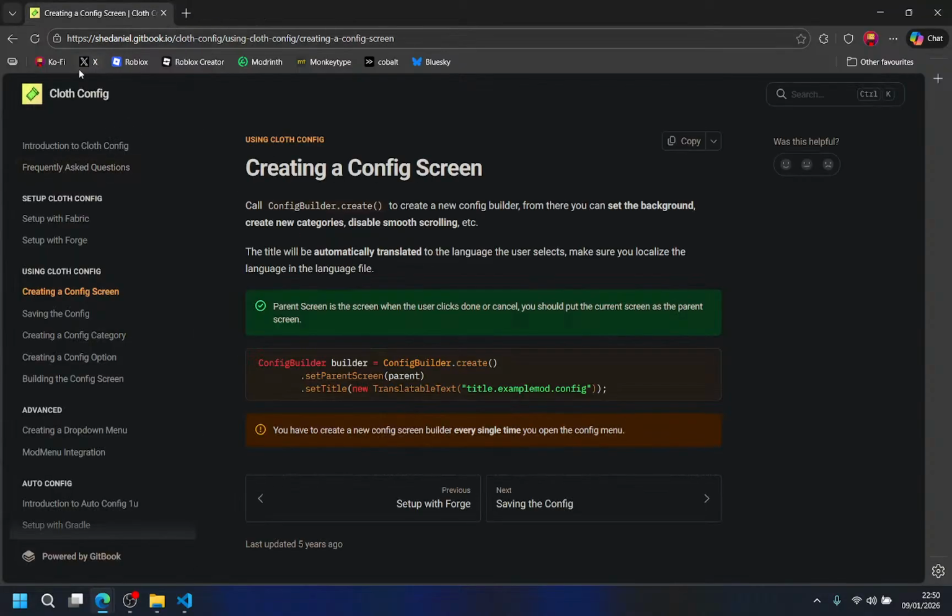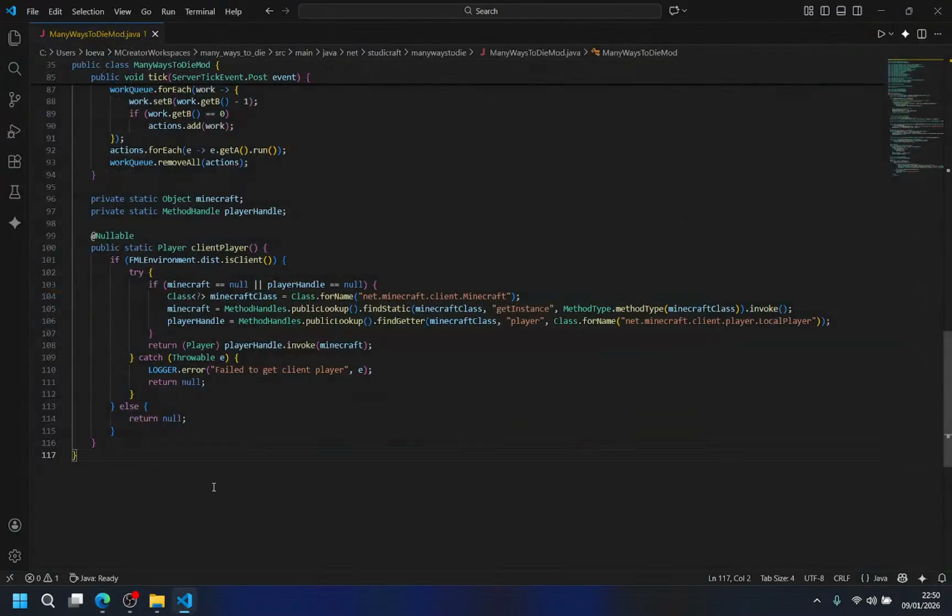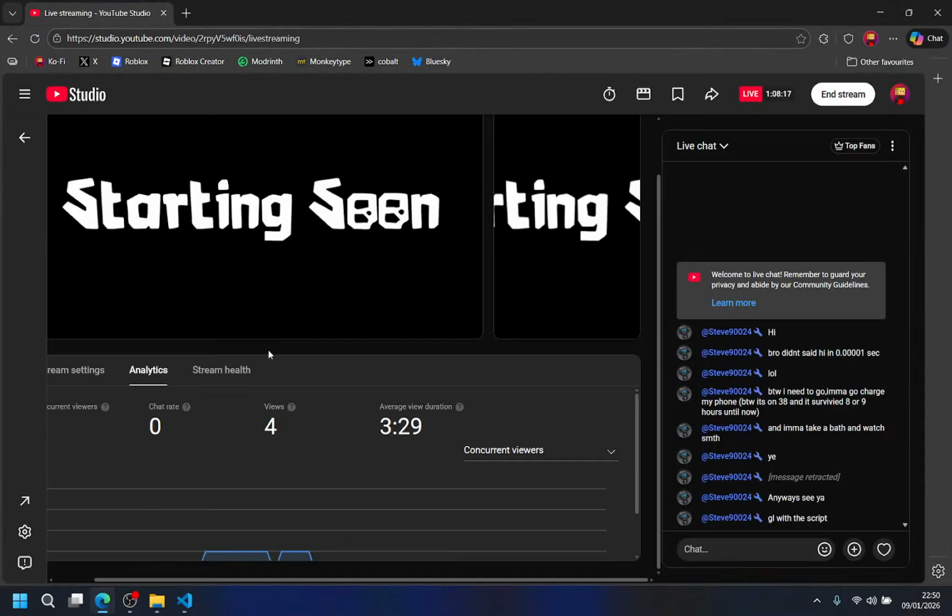I'm still gonna use this clove config and all, but it's gonna be a Fabric mod instead. I know Fabric has a mod check or something. Let me actually look at it.